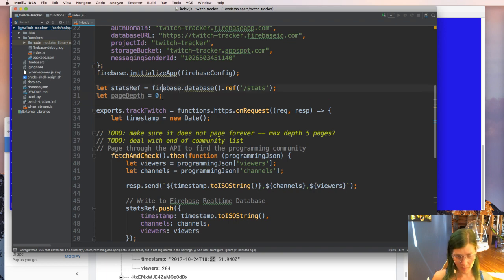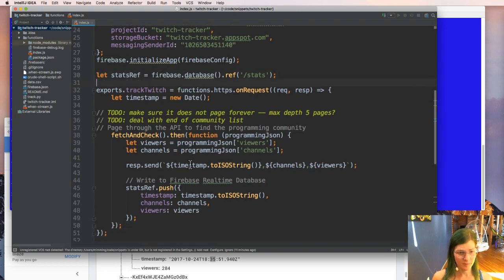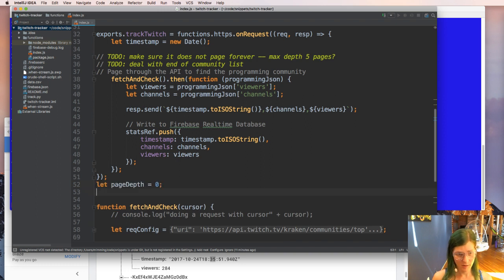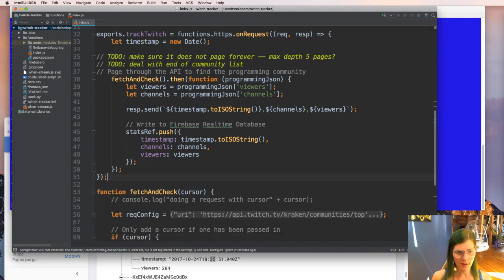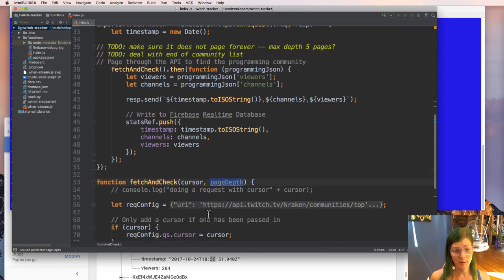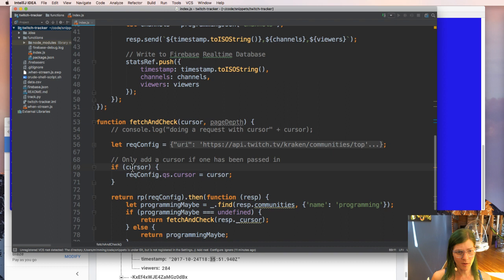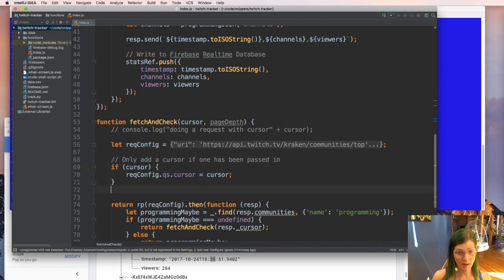So we have page depth, which makes me sad having this out here, but I can't think of a better way to implement this other than having global mutable state. I guess I could just pass a counter in each time. Yeah, we'll do that. Because if the cursor encoded the depth, we could just get it from there, but we can just add it as another argument too. So if cursor request config cursor, if